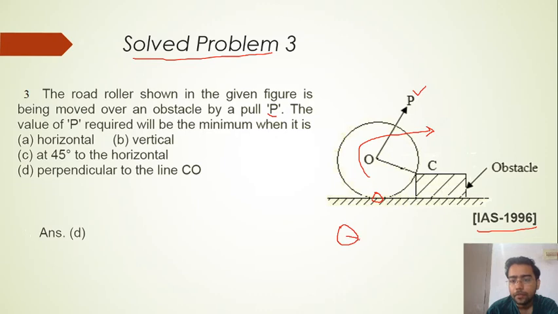Suppose this is the roller, and because we have no contact here, there is no force. Suppose this is your center O, and here we have one force, the normal force, because the roller is touching the obstacle at this point and it is simply supported, so you will have a normal force here, normal to the curve. The curve is a circle, so the normal is along the radius, acting toward the point O. Another force that is causing it to move over is this one, P.